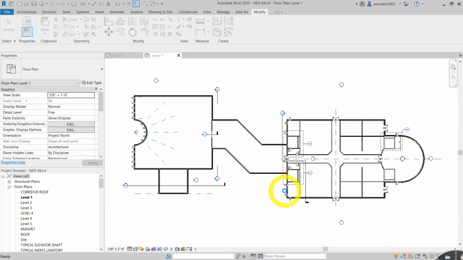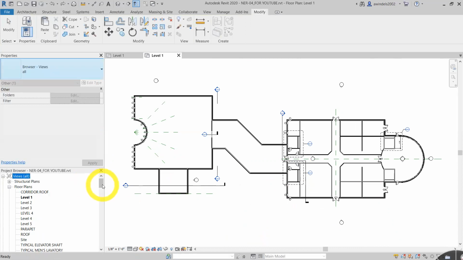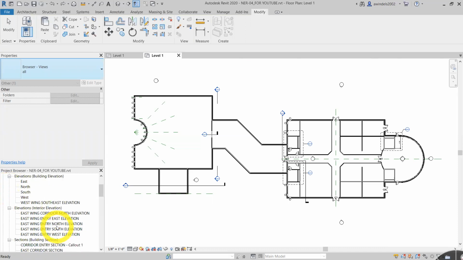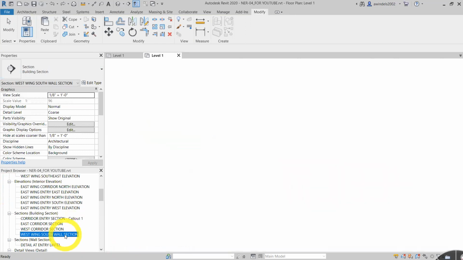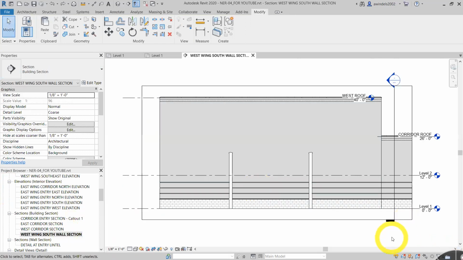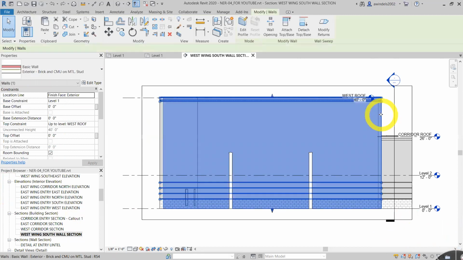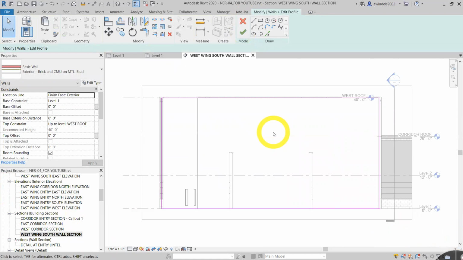Go to the west wing wall section view. Our project browser, let's go find it. There it is. And let's select this wall. We're going to use the edit profile command first. Went to sketch mode, magenta,